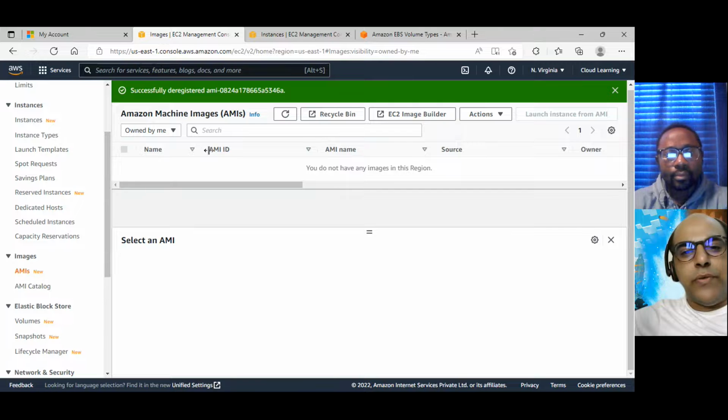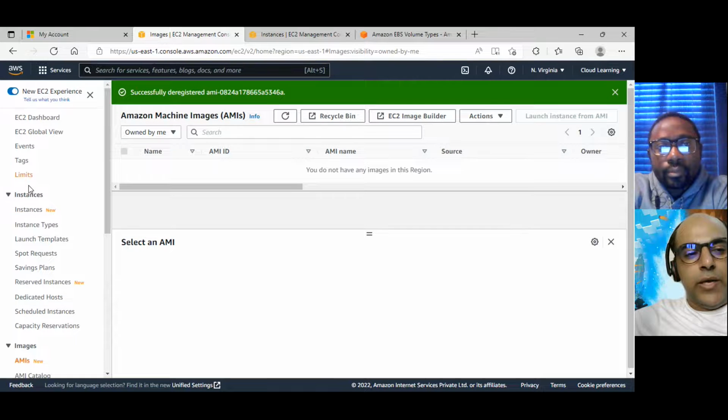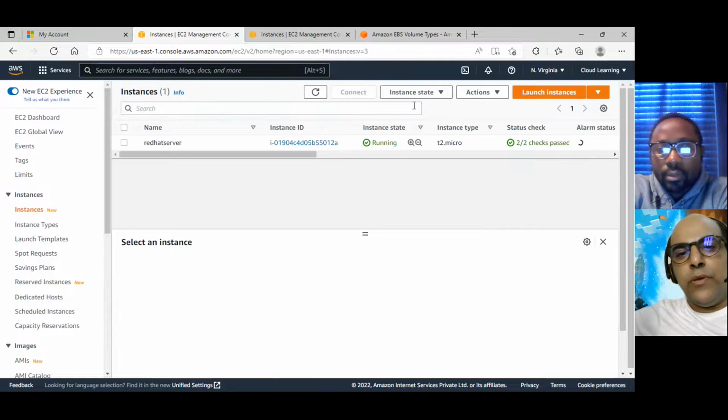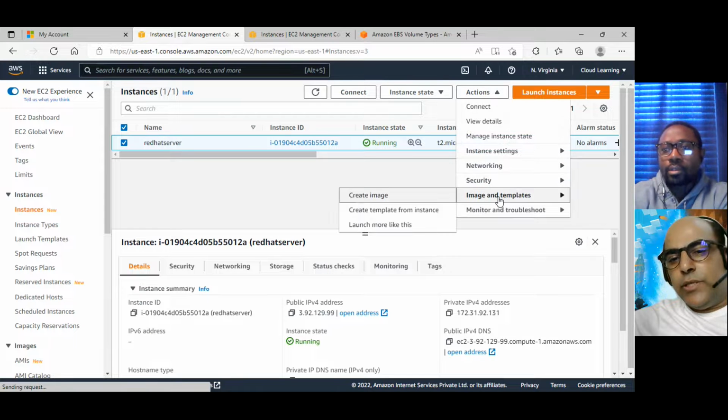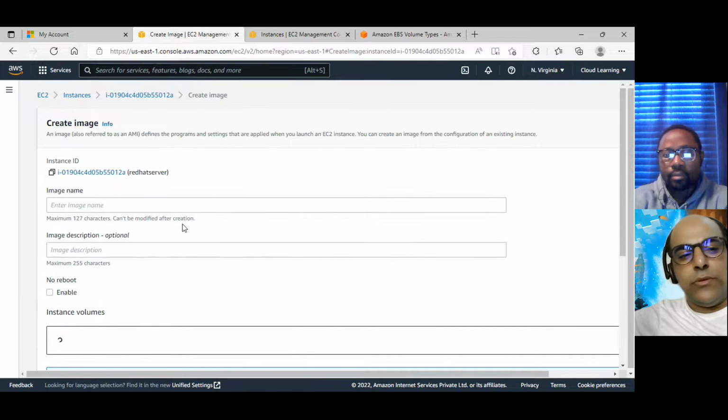If you see here, I go to the instance, choose it, and go to Actions, Images, Create image.